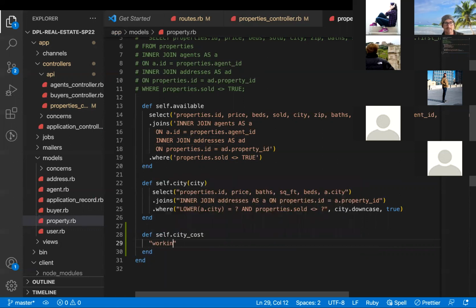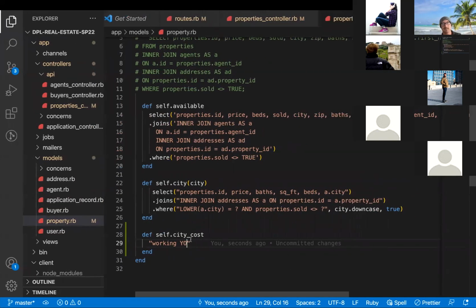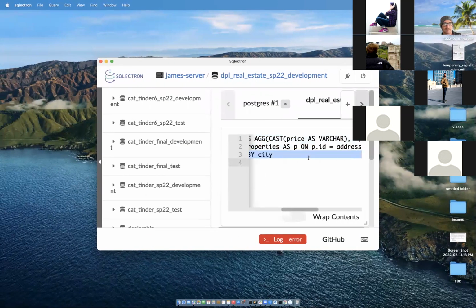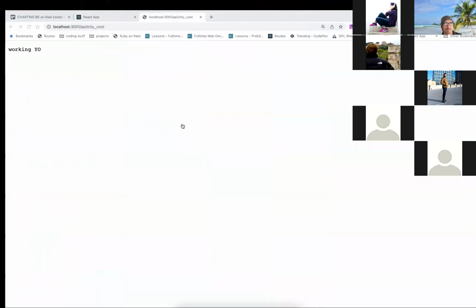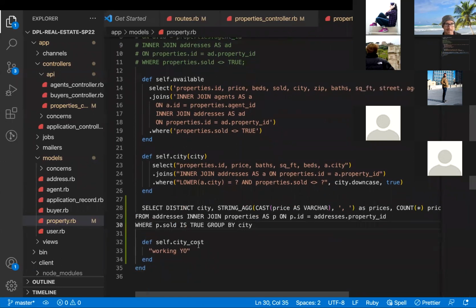And I might even want to test this. Do I have that chain from doing the get request that hits my controller? That should hit my model and then should return this string. Cool. So now just kind of slowly testing, getting myself there. Now I'm ready to take the SQL we did from yesterday and